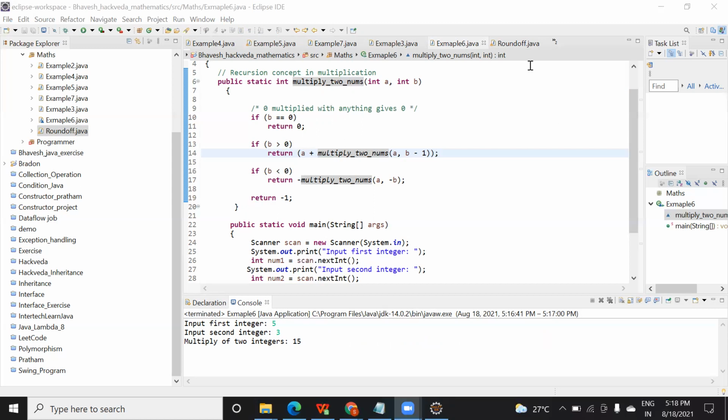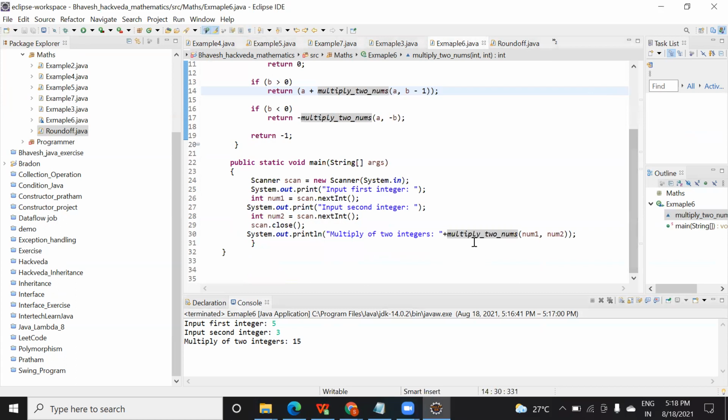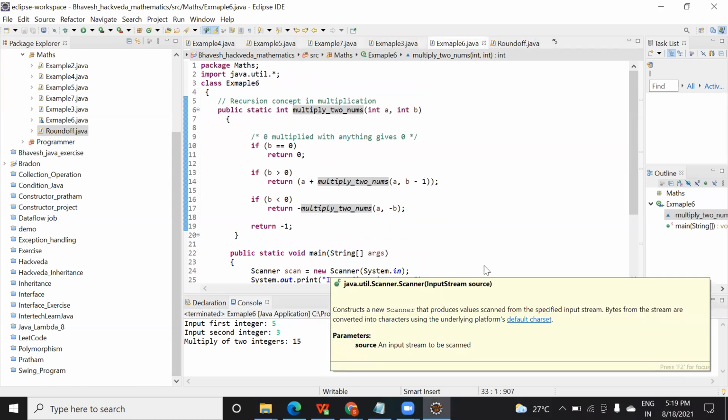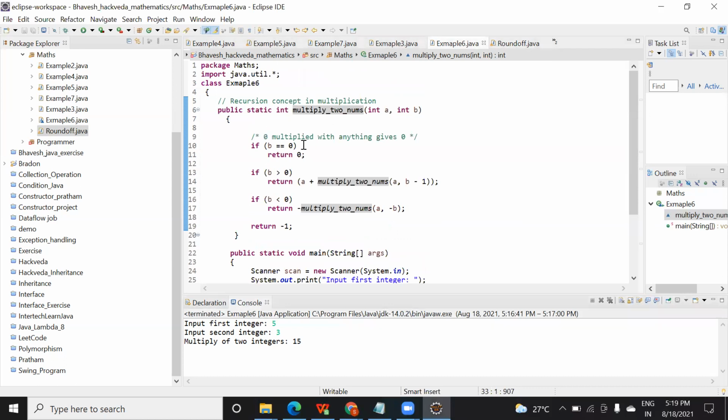Normally what we have seen in the last class, where I was calling from the main function like this, whatever argument I was passing, that argument was going to my user defined function and it was working in that way. But here I am calling from the function itself, not from main. From main, I'm just assigning a value to this function. Then based on this condition, I'm calling again to this function, and this will go on unless some conditions are specified.